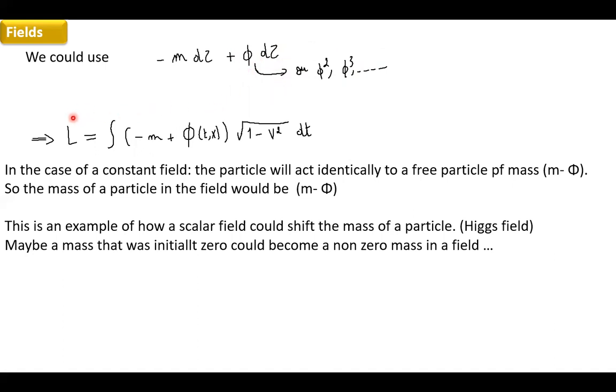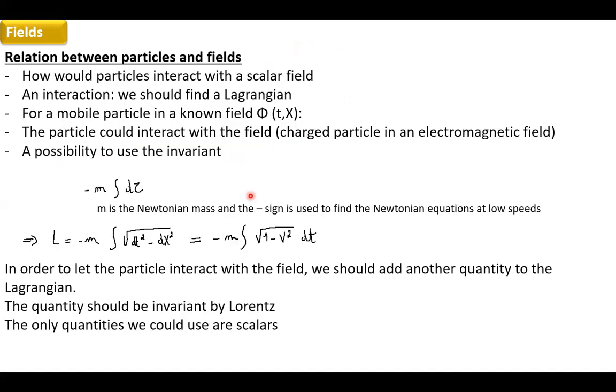So now our Lagrangian, or our action, is the integral of (-m + phi), if you put the d tau as a common factor. So it's (-m + phi) times d tau, which is the radical of 1 minus v squared dt. Okay, so if you compare it to this form of the Lagrangian, we have this minus m that represents